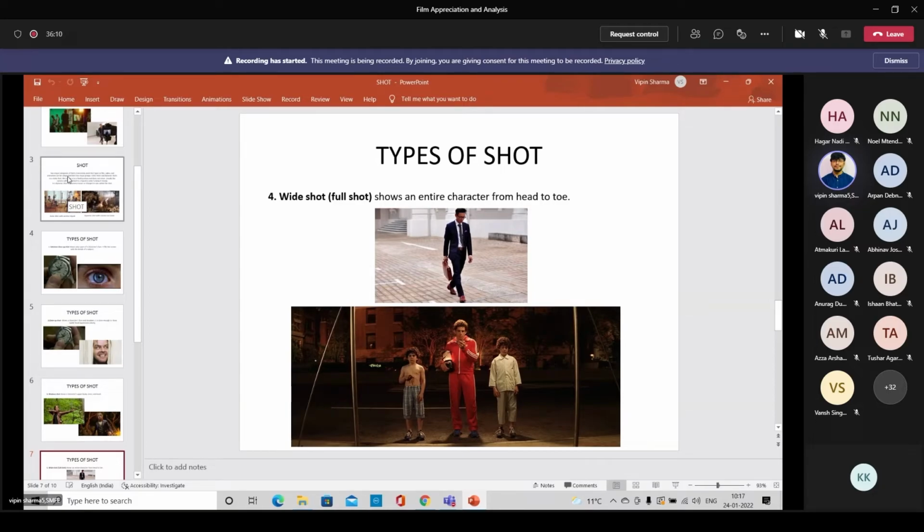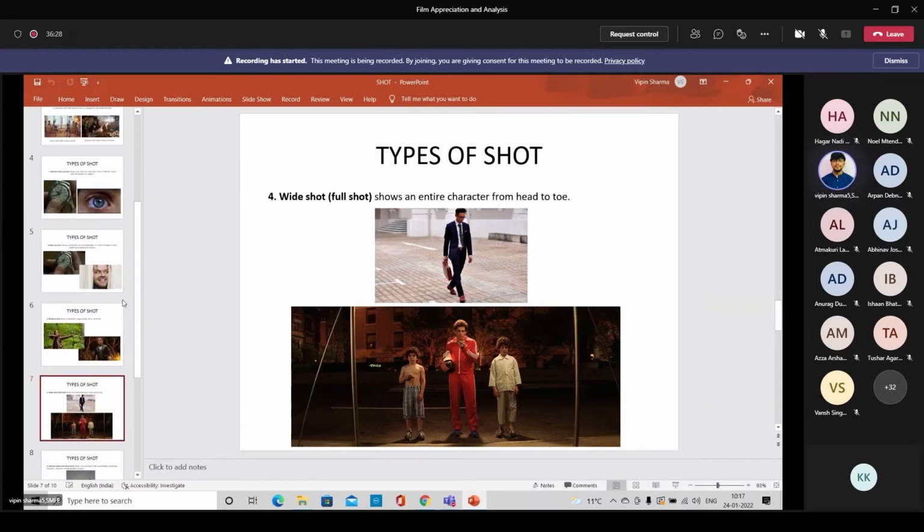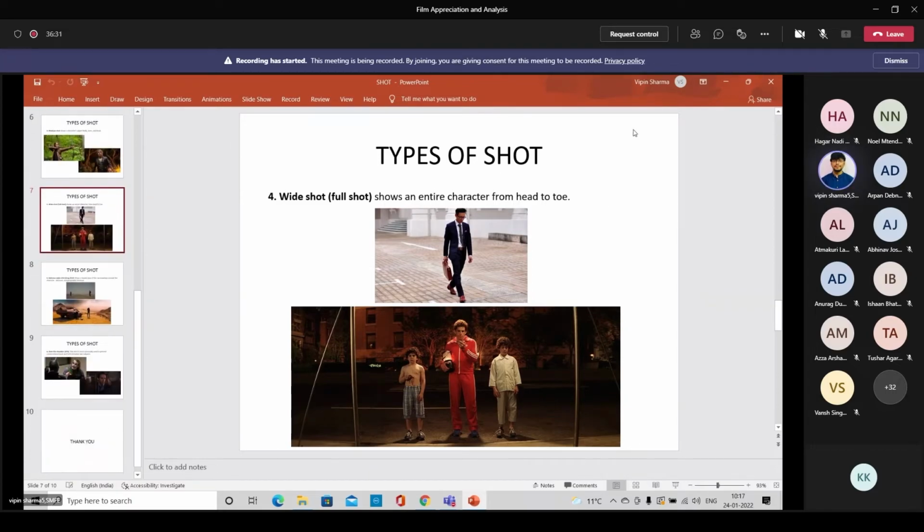So you need to understand from the film grammar when you are watching the film, and in film review and film analysis. So you need to understand whether the shots take place in an appropriate way or not, right? So it's your part to understand, and you need to write an article on that. So again, this is the important part, and the last